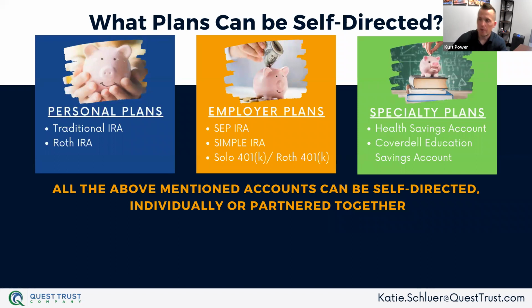The employer plans, the SEP, Simple, Solo 401k, these are for individuals who are self-employed. And we see with the SEP IRA, maybe it's an individual who is self-employed and he's the employer and the employee. Maybe he's got a small lawn care business. This functions the same way as a traditional IRA in that it grows tax deferred, but you can make much, much larger contributions. You can contribute up to $58,000 to a SEP IRA, or up to 25% of what you pay yourself, whichever of those two is less. So you see much larger contributions, but it's basically a traditional IRA with much, much larger contribution limits.